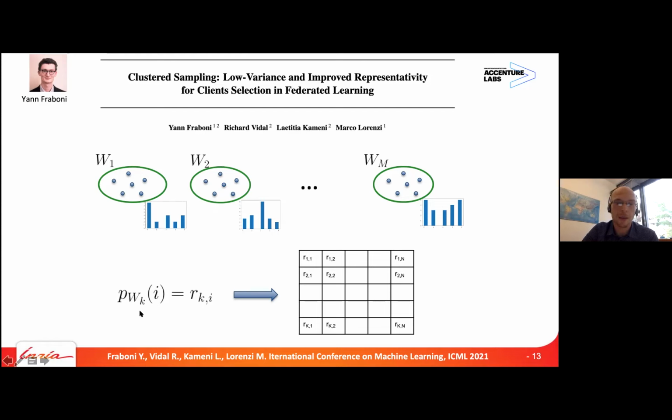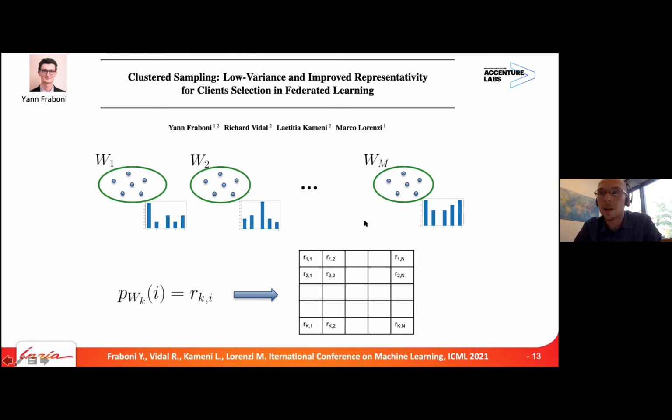So it means that for every round of sampling, the probability of sampling a client is indexed by the distribution K. So we have a sort of matrix. We sample these K clients, and every time we have to pick the client according to its own probability. So over the n clients, we have different probabilities. We have a varying probability, and every time we pick, we change the underlying probability among which we pick the clients. So this is the scheme that we defined.